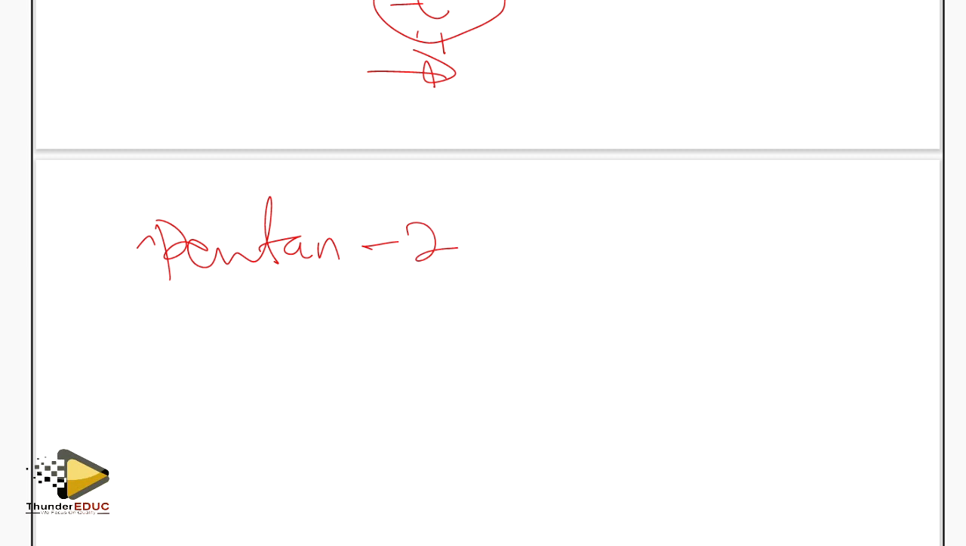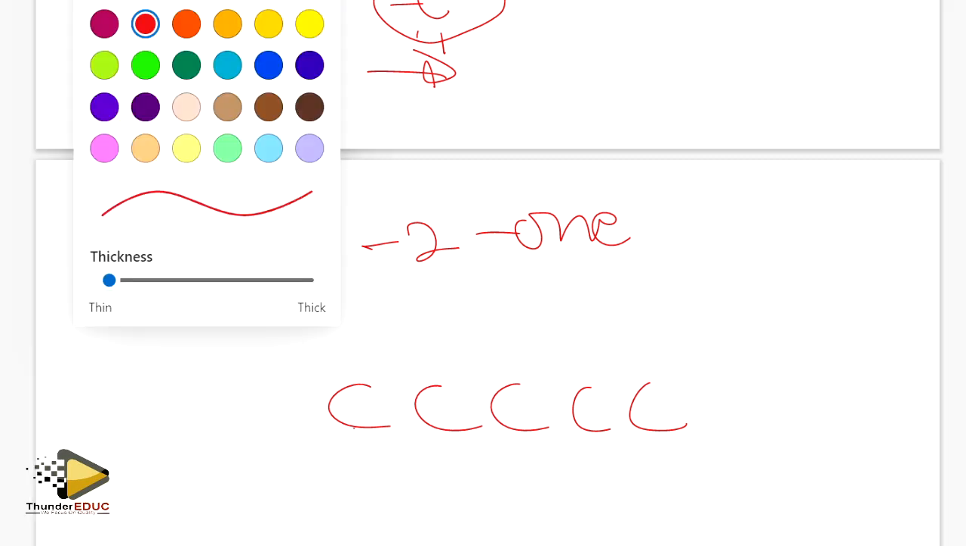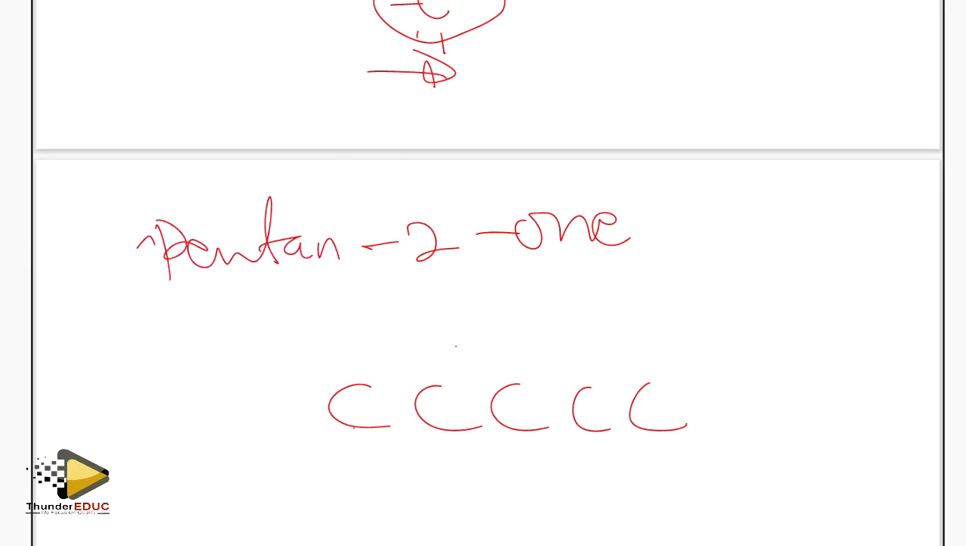Pentane-2-one. Pentane is 5 carbons: 1, 2, 3, 4, 5. But they're saying 2, so I can count from this side or from the other side. Either way is cool. Therefore, I will count from this side and say that pentane-2-one is going to be 1, 2. Therefore, I'm going to have the